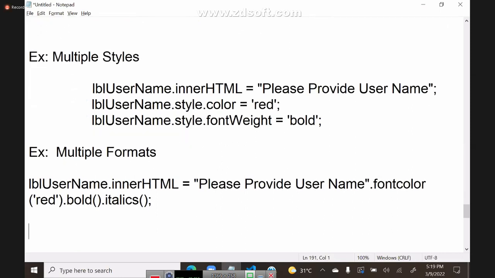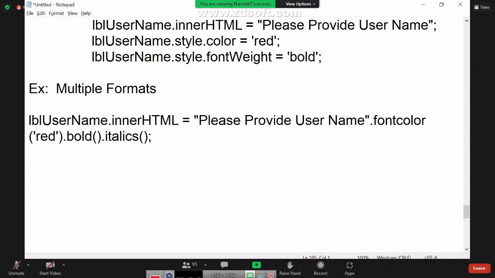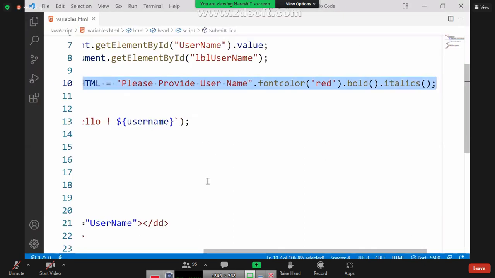That means we can use font, color, we can use bold, we can use italics. So depending on the situation, how you are configuring and defining and what kind of effects you want. Style cannot provide everything. JavaScript also cannot provide everything. We need to apply depending on the situation. One more regularly used format is, suppose,